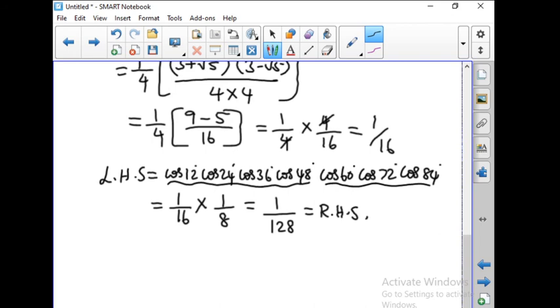Okay. So we can split the terms and find out the answer. That will be easier because here 7 terms are there. We cannot do it continuously. So split 4 terms and use the formula of cos A cos B, and split the 3 terms and change it in the form of 72 as 18, 84 as 36 and try to do the problem. Okay. Next sum.